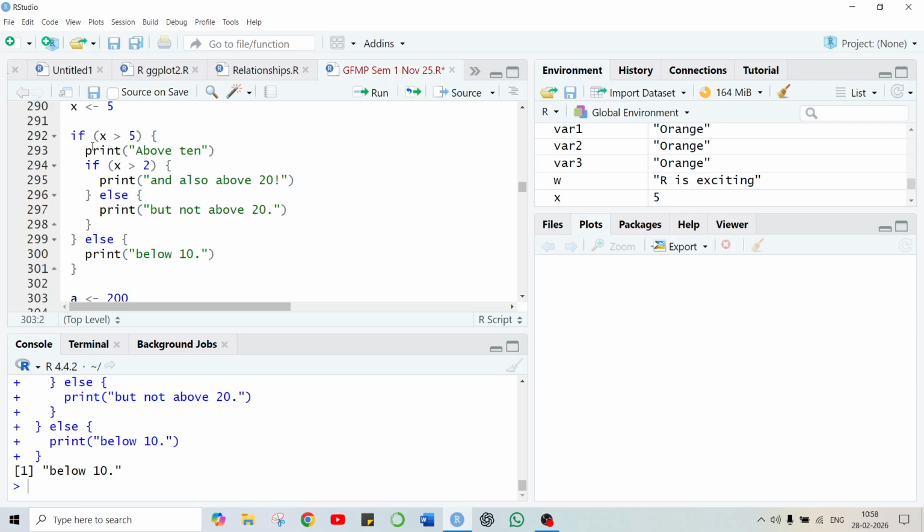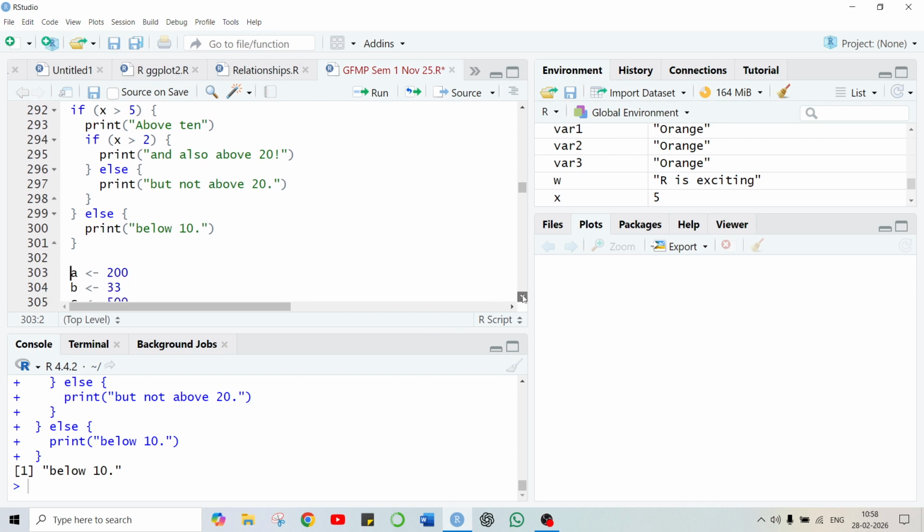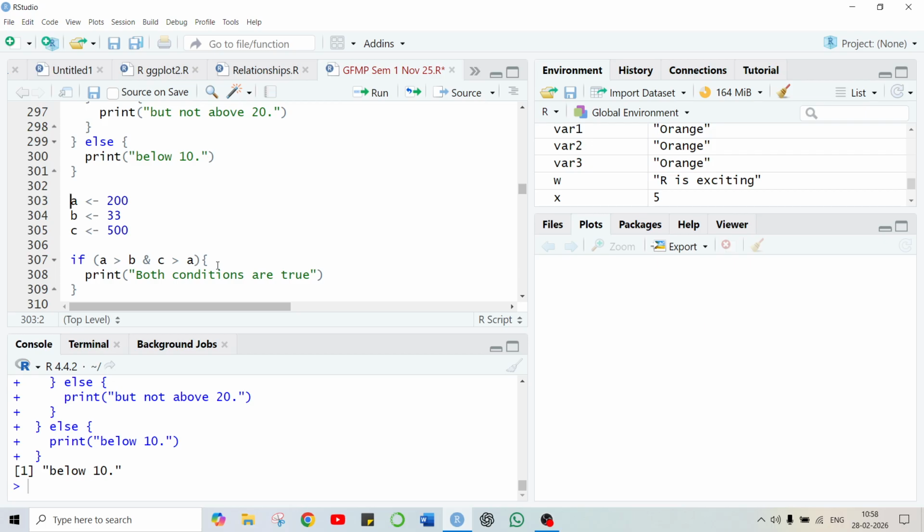If it is not fulfilled, it comes out of the loop and comes into the last one. So you see here, else is not there. Correct, else is not there, right? So that's how it is called nested conditions.